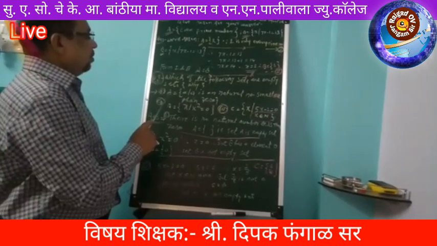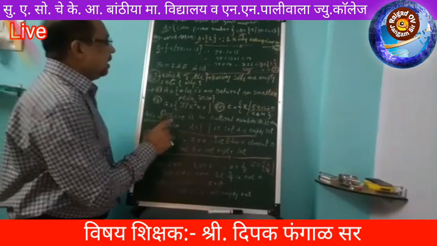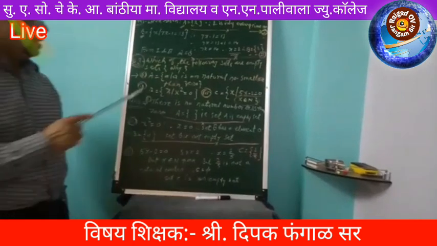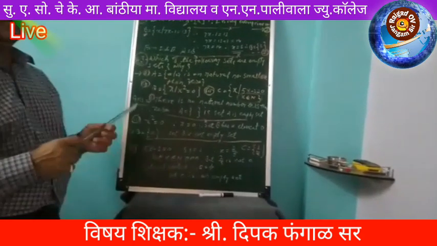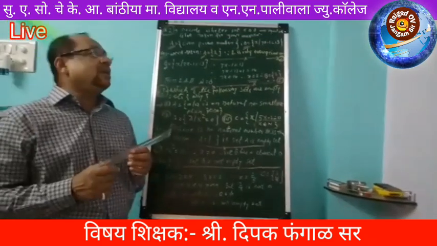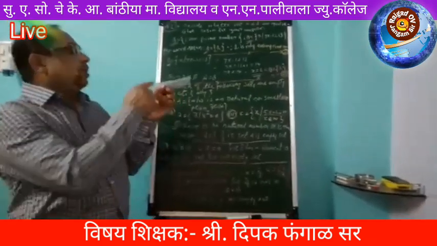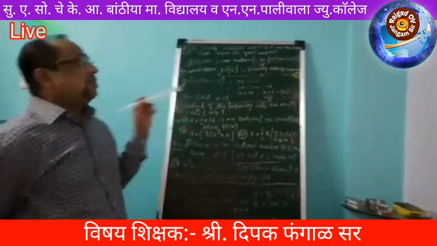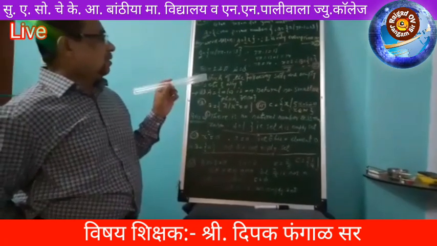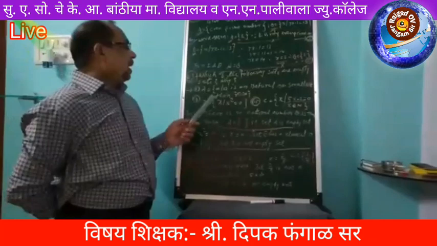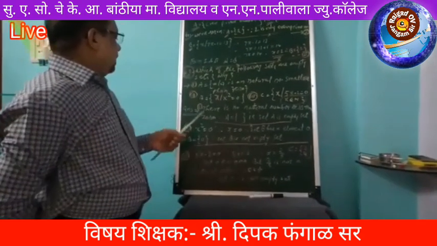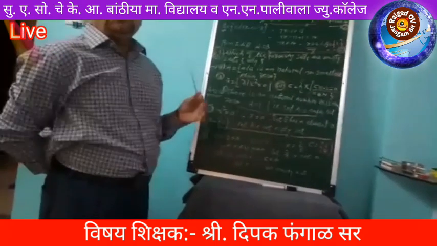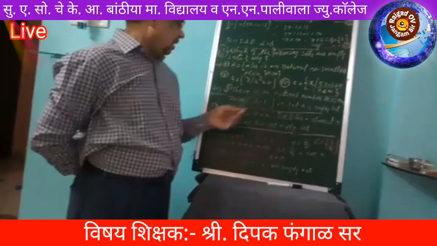So see here, set A equals the set of all a such that a is a natural number smaller than 0. When we observe the number line, we know 0, 1, 2, 3, 4, 5 are the positive natural numbers, and on the left hand side are negative integers, not natural numbers. So we find that there is no natural number less than 0. On the number line, there is no natural number less than 0.